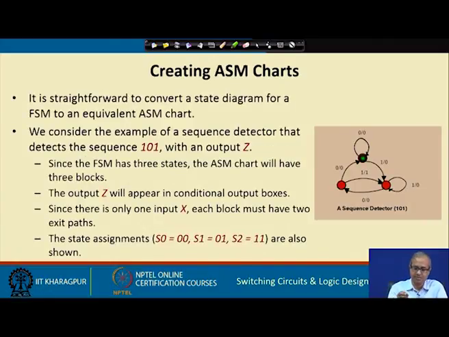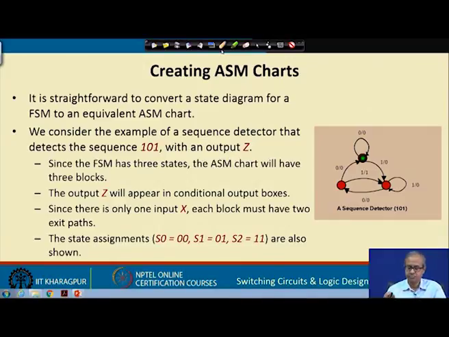Let us take a small example. So, here we shall show how an FSM can be converted into an equivalent ASM chart. So, we start with a simple FSM description of a sequence detector example. A sequence detector which detects a sequence 101 in the input sequence. Just look at this state diagram. This is the starting state, the top one. So, if the input is 1, you move to this state. So, if the input is again 0, you move to this state,